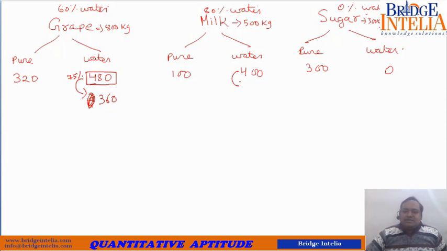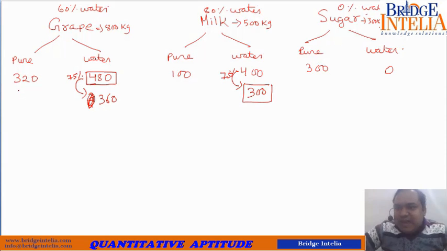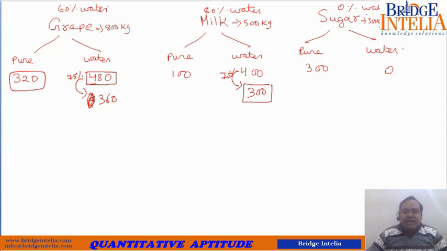Similarly, 75% of water here will remain. 25% evaporates. So only 300 kgs of water will remain. As per the question, we have to find, when the water has evaporated, what is the final ratio of grape to that of water. So final weight of grape,